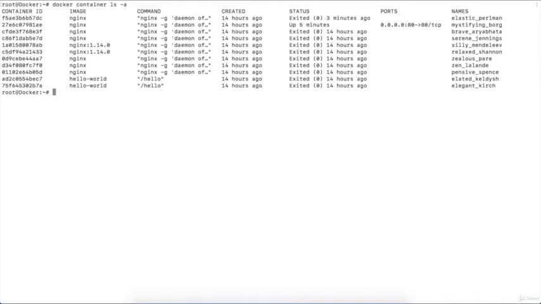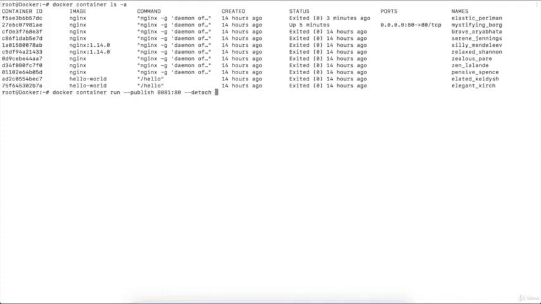So let's see how we can use the name property of Docker container. For this, I'm going to start a new container on port 8081. So we will start with the command docker container run --publish to publish on the host port, and the port should be 8081, then colon, then the container port, then --detach to execute the container in the background.